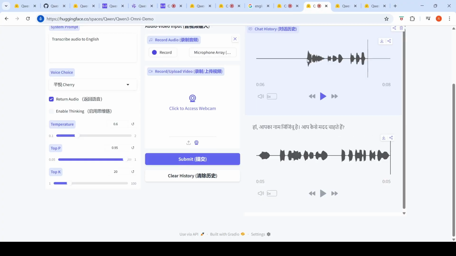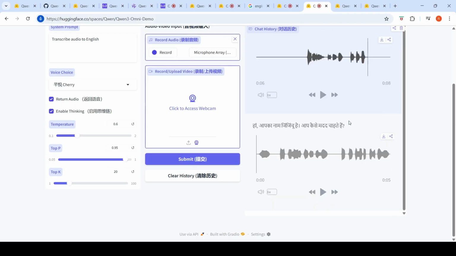So it was able to transcribe this, but it was transcribed into the native language, like whatever language I spoke, it is translating into that. Now let's enable thinking and let's submit. Probably what it does is that it will now look at this audio and this text, and then it will convert it into,